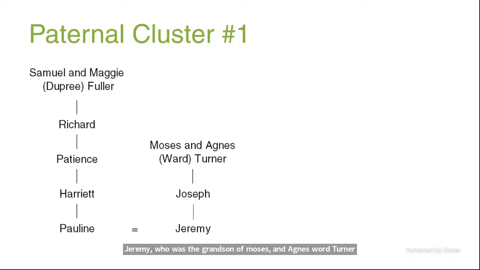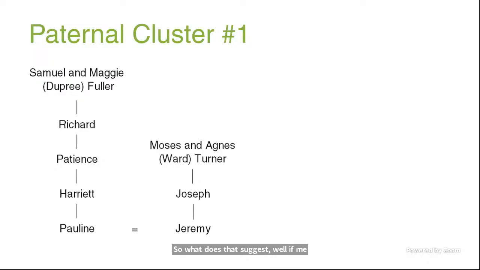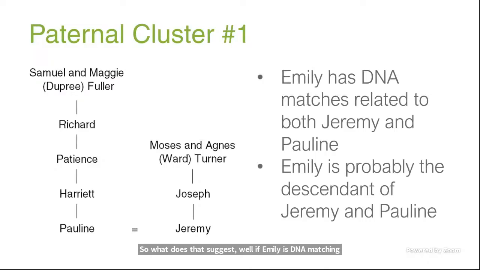So what does this suggest? Well, if Emily is DNA matching to both Pauline's lines and Jeremy's lines, unless there's another marriage somewhere in there, cousins or siblings marrying siblings, she's guessing that she's a descendant of Jeremy and Pauline, which brings her much closer to herself. And then she can look, and Pauline and Jeremy might be her grandparents, and then she can look